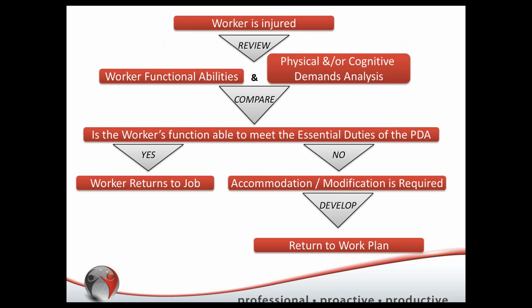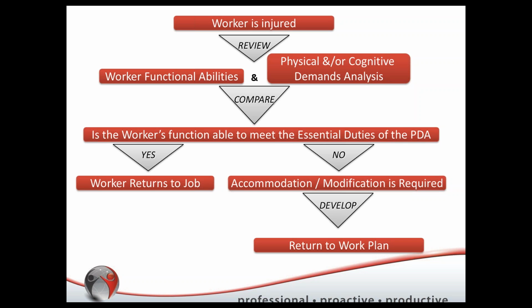And here's kind of the flow. Really, this again is talking about your worker being injured, and so I'm talking about this more from the perspective of accommodating somebody who's already working in your workplace. So the worker is injured, you're going to take a look at the case. Potentially they're coming at you with a functional abilities form, and then if you do have a PDA or a CDA, or you have your job description that has your list of duties in it and some of the physical requirements, you're going to be able to do a comparison, and it's going to be objective because you're looking at what's recorded on paper. So you're helping to reduce, eliminate that bias, take out some of the subjectivity,